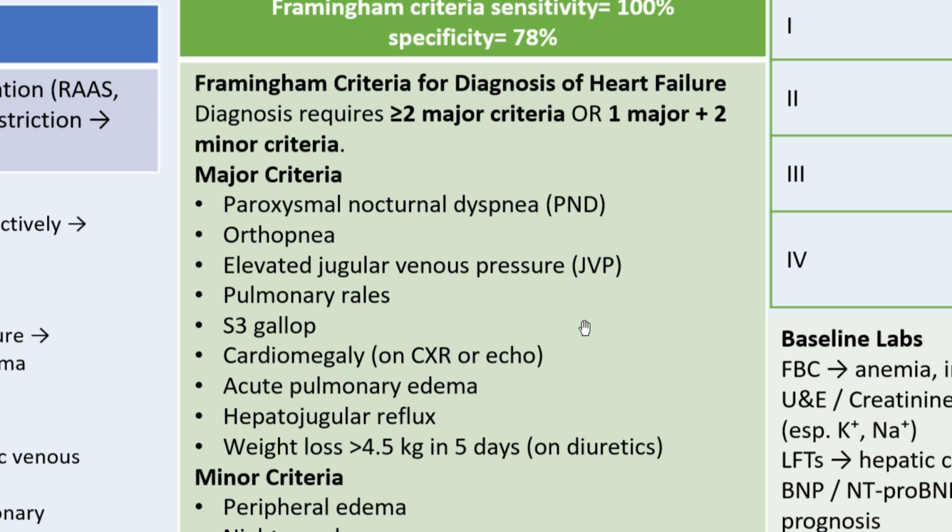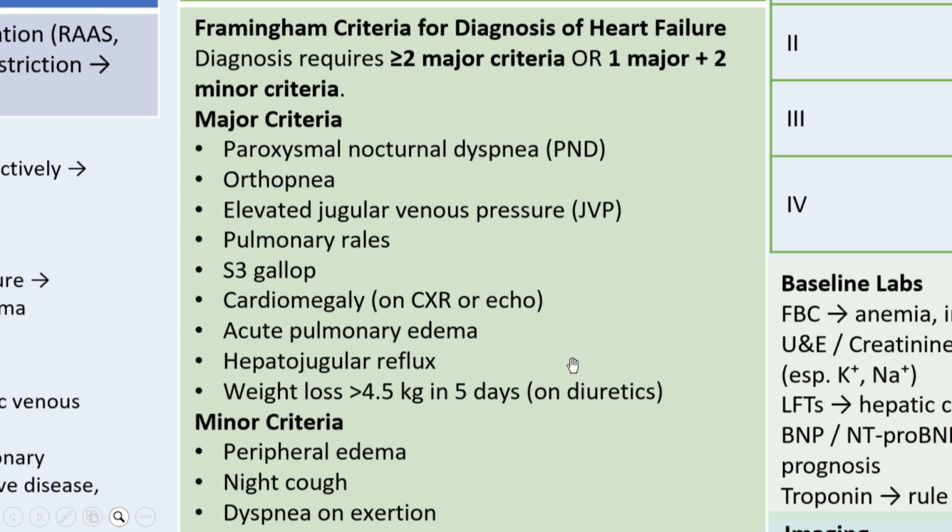So it will always diagnose someone with heart failure as having heart failure, but also some people without heart failure may be diagnosed, and that is the other percentage, the 22%. They may actually be diagnosed with heart failure when they actually do not have heart failure. So for us to diagnose someone with the Framingham criteria, we need to have two major criteria or one major